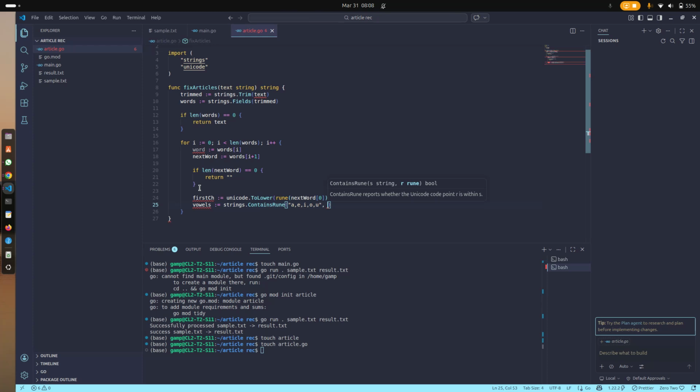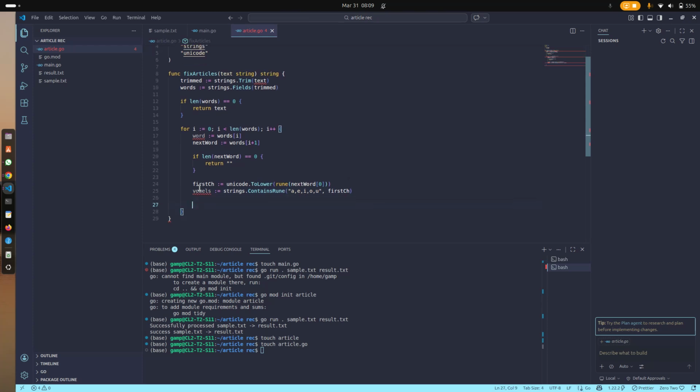So that is the first character. We're checking only the first character, whether it is part of this AEIOU. Now, after that, we will not be needing this word. We just use this word to save the word at index i. So now we're going to bring everything here. So if words at i